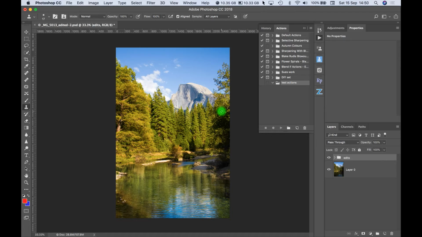Now, Test Actions can hold any number of actions. Here we have some of mine in a folder called Sue's Work, and we have 2 actions in it. This DIY set has only got 1 action in it, and the one that we have at the moment, Test Actions, has got no actions in it. So I'm going to click on the new action tool,